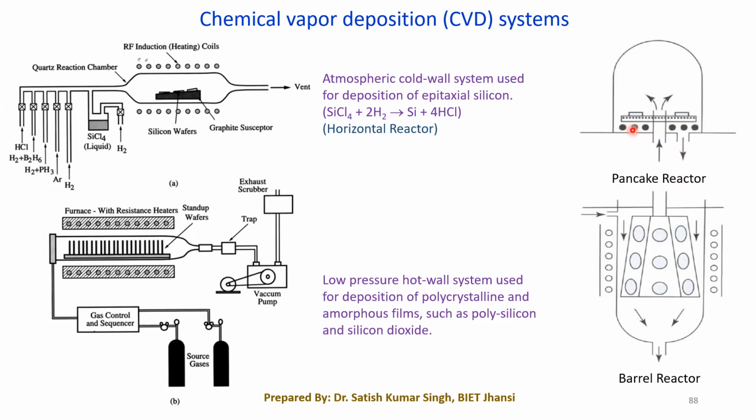If some heating mechanism is there, the gases will come from this side. As you can say, we have to tilt the susceptor a little bit. In this case, we have a particular susceptor in this fashion, and the inlet through which the gas can enter will be